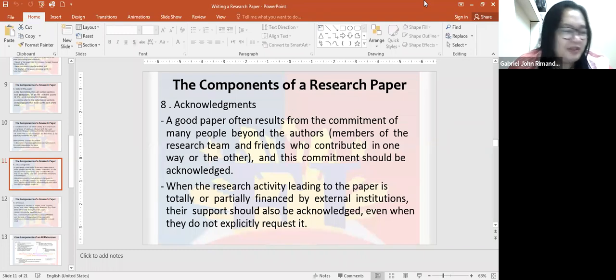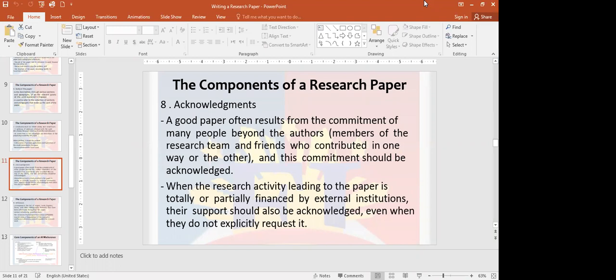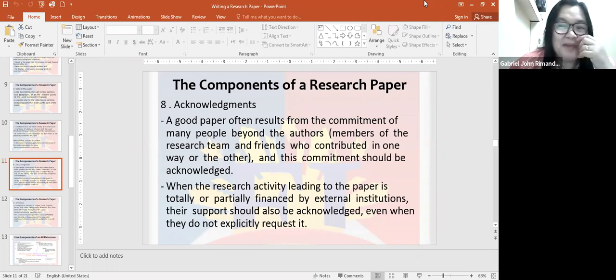Do you need to acknowledge yourself? This is a question. Do you think you need to acknowledge yourself as a facilitator of the research? Yeah, maybe, because you're working as a group, you can acknowledge your group mates, no? But self-acknowledgement is not actually advised in this research paper. Okay? Next, number 9,